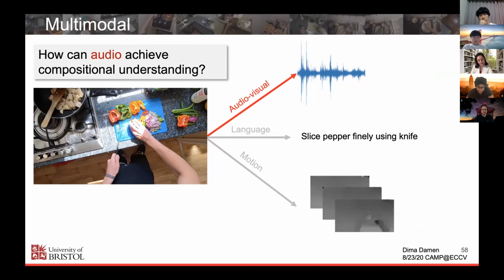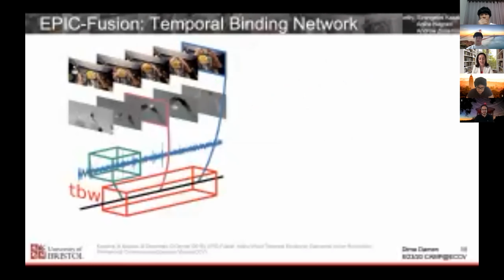In the last part of the talk, I'll tell you a little bit about audio and how audio can be used to achieve this compositional understanding. And again, we're looking at the space of object interactions, and we'll show you an example here. I don't have a video, but you can imagine what we were talking about, of someone breaking an egg. Let's look at the task of cracking an egg, and what you would do. You would first tap the egg, and after that, you would actually open the shell, and only towards the end, you will see the visual appearance of the change of the egg appearing out of the shell.